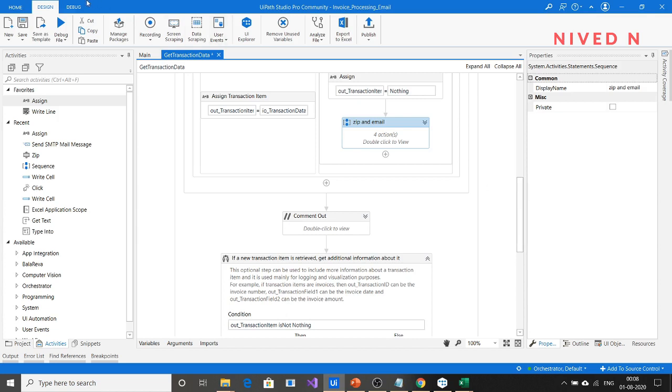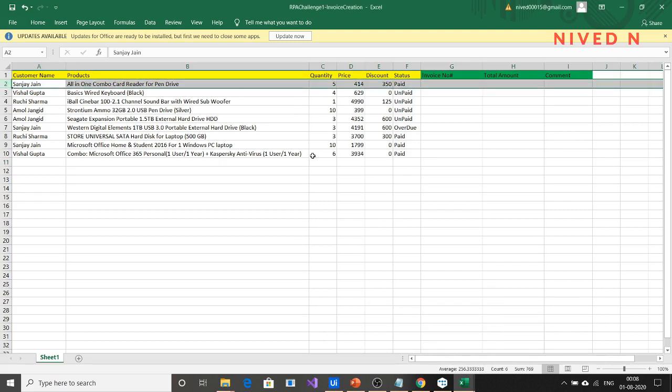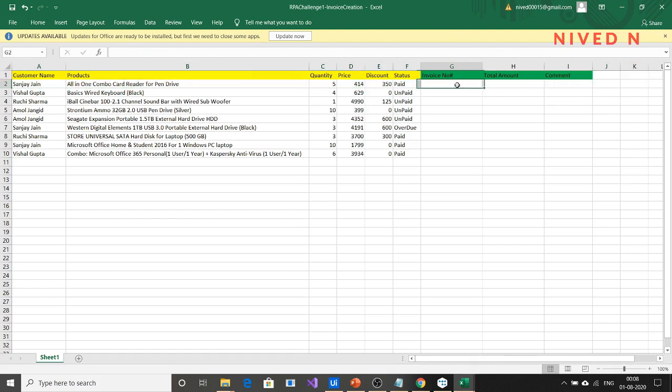You can see what the main aim of the automation challenge was: for every customer in the Excel file, you want to create the invoice and download the invoice, then we want to update the Excel value for each transaction item. After updating the Excel value for invoice number, total amount, comment, and downloading all the invoices to a specified folder, the last step is that we want to zip that invoice folder,